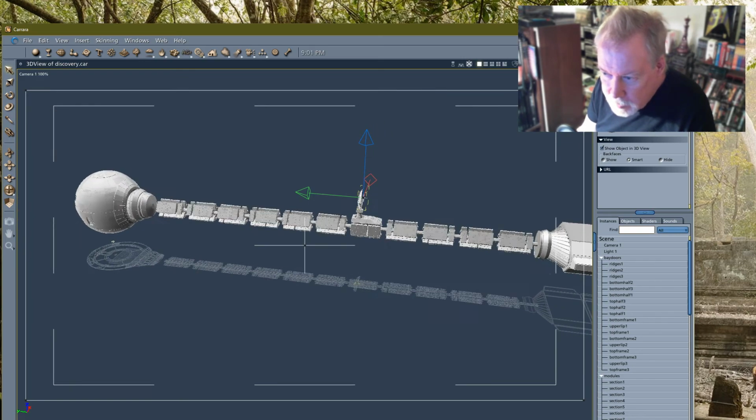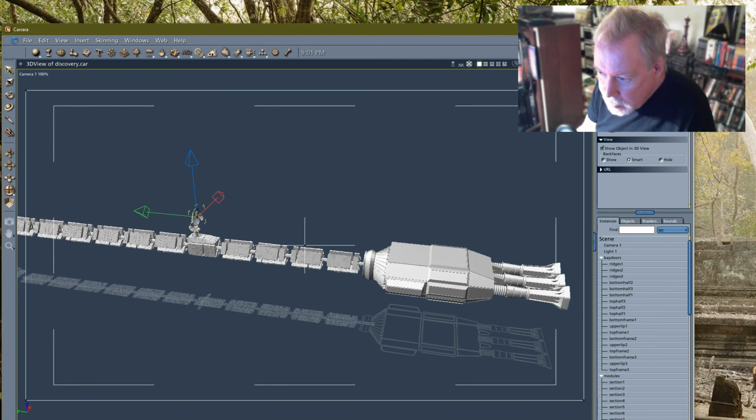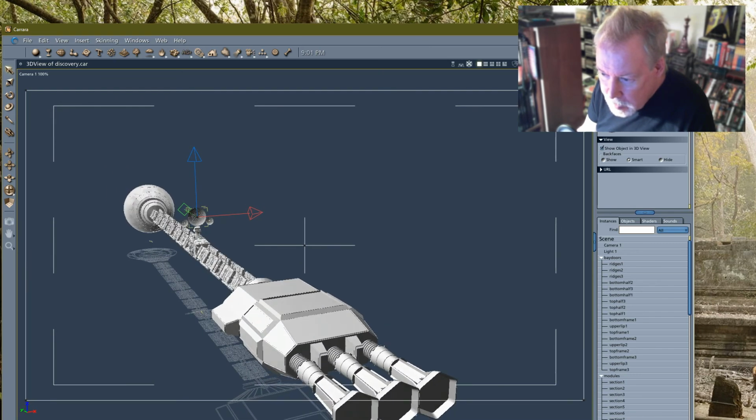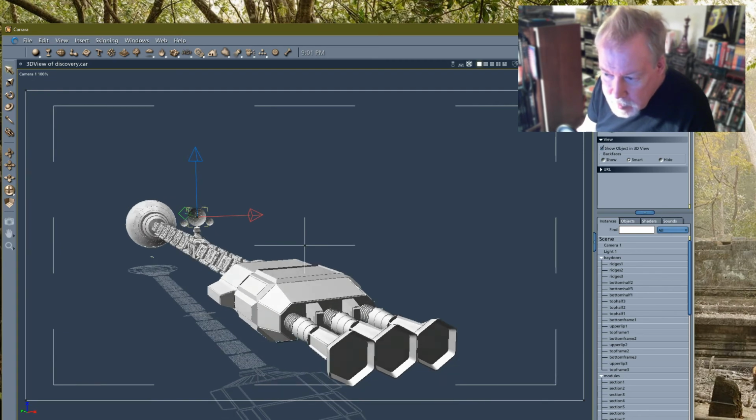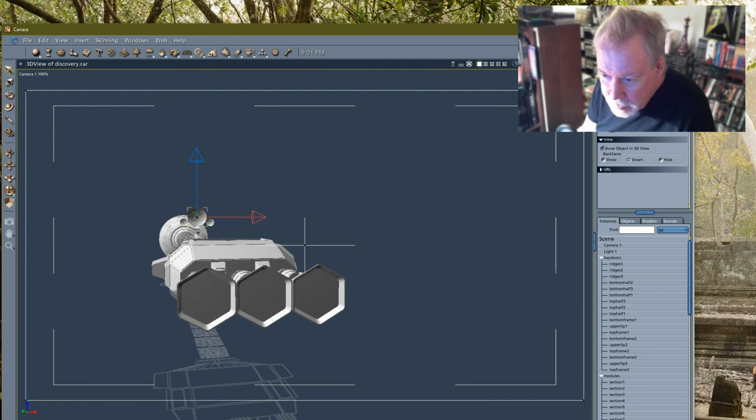On the back, of course, this smooth flat surface here, all these surfaces need to be greebleized. Lots of greebling. That's gonna be a while. And on the back side, I got to put greebles, and then the useful thrusters have to go back here.